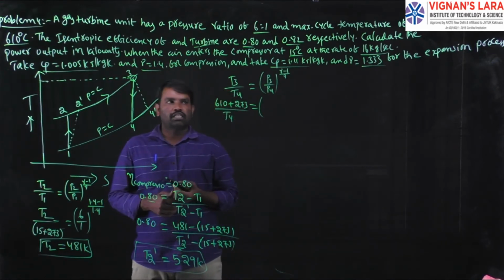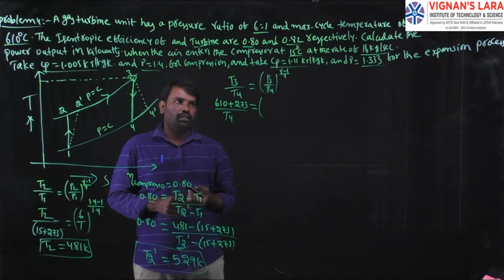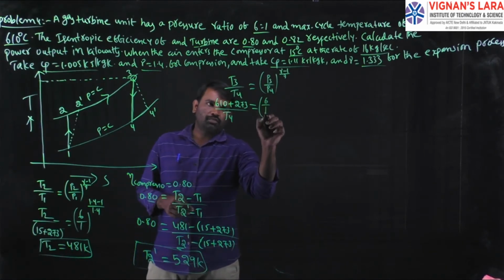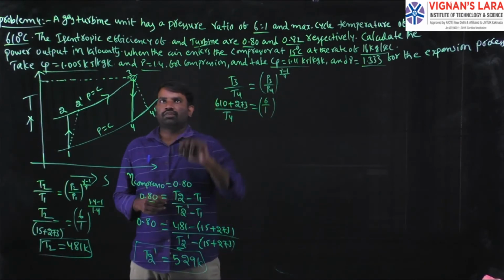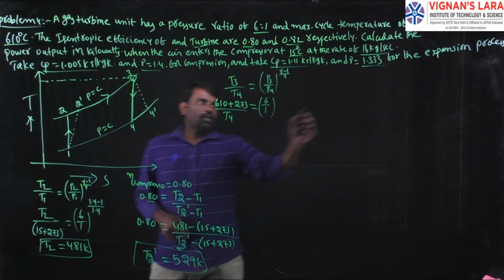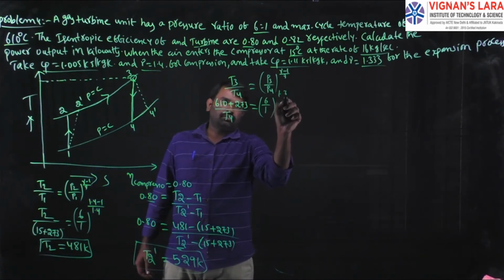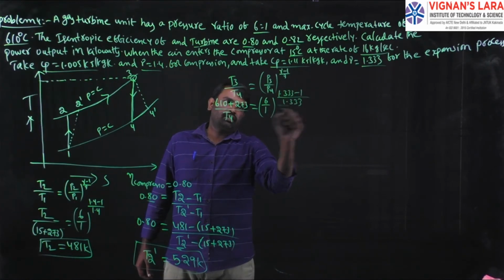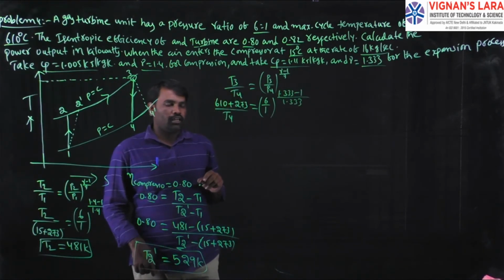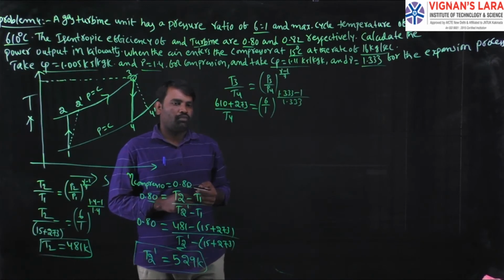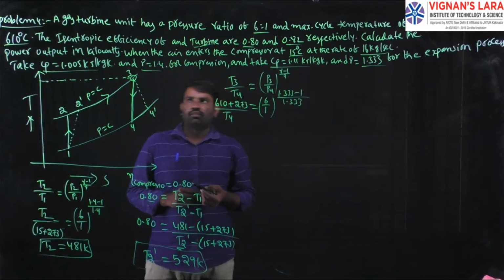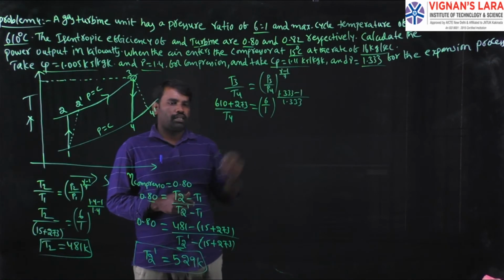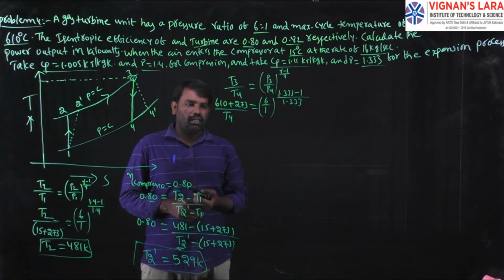Okay, P2 is equal to P3 and P4 is equal to P1. And the pressure ratio is same, 6 by 1. And the gamma value we have to take for the turbine is 1.33, so (1.333 minus 1) divided by 1.333. Why? Because the problem clearly mentions a separate CP value and gamma value for compression, and a separate CP value and gamma value for expansion.